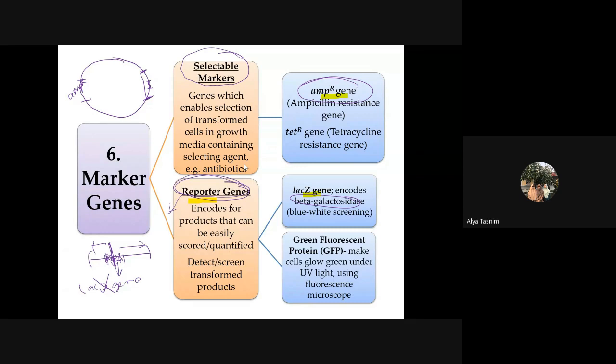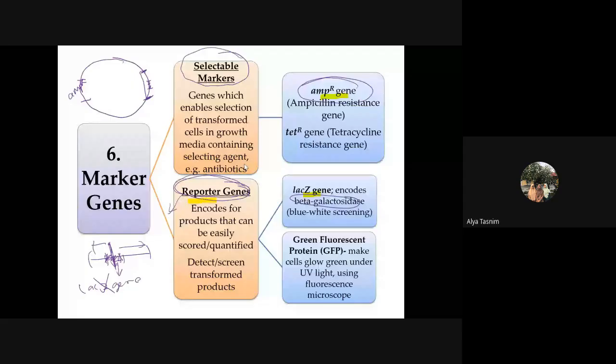Sebab apa dia jadi koloni yang warna putih? Sebab lacZ gene dia sekarang ni dah tak berfungsi. Dia dah tak boleh nak menghasilkan beta galactosidase. Okay. Bila dia tak boleh nak menghasilkan beta galactosidase, dia tak boleh nak hydrolysekan substance GalX tu. Okay, so dia maintain as warna putih. Tapi pada bakteria yang ambil non-recombinant plasmid, okay, non-recombinant plasmid maksudnya plasmid dia still utuh,